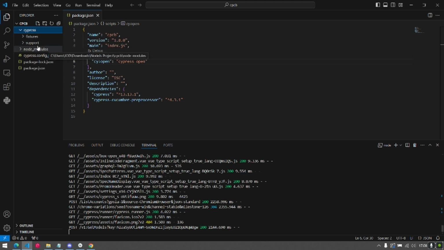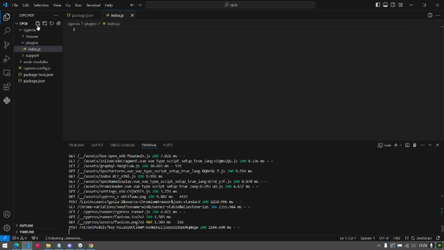In here we have to add the plugins folder, which we haven't got yet. So we add the plugins folder, and we create index.js inside of the plugins folder.